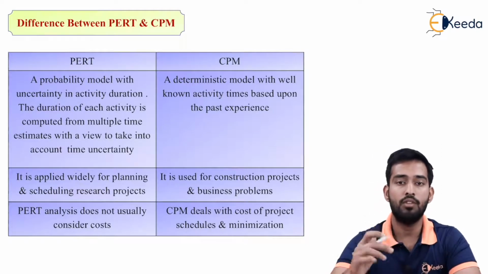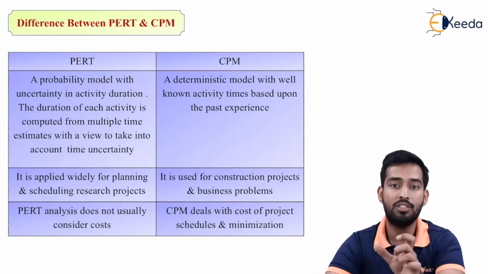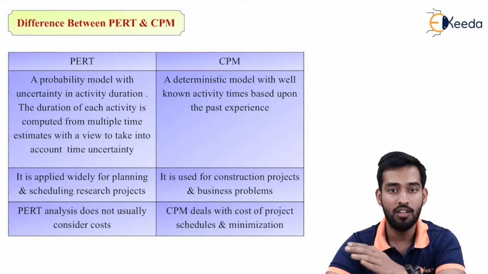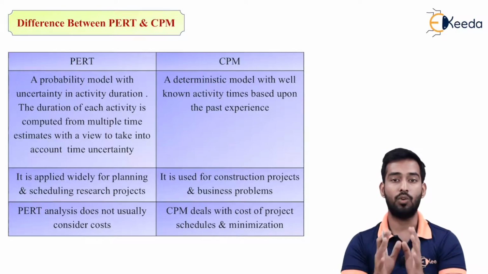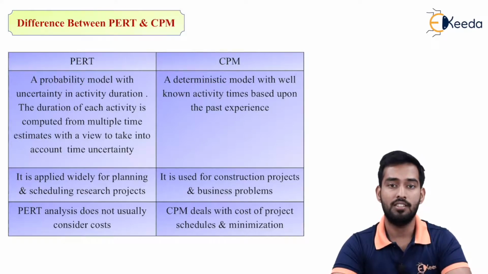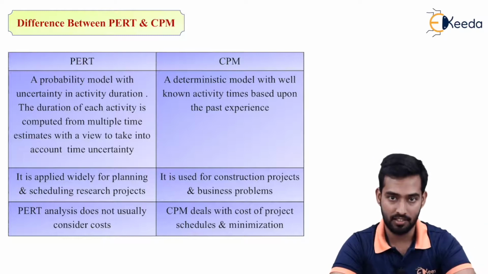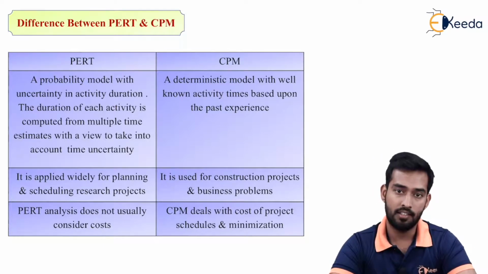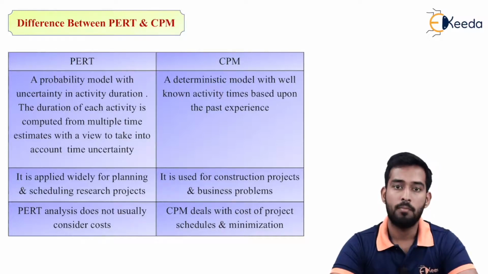So in CPM we know what float is available, what slacks are available, what free resources are available. By knowing all this, we can minimize the project duration. Also we can minimize the cost and we can schedule it and control it. Whereas in PERT we can't control it because it is time bounded and the time depends upon various factors. So PERT is a probability model. In PERT we use it for project and scheduling of research works.